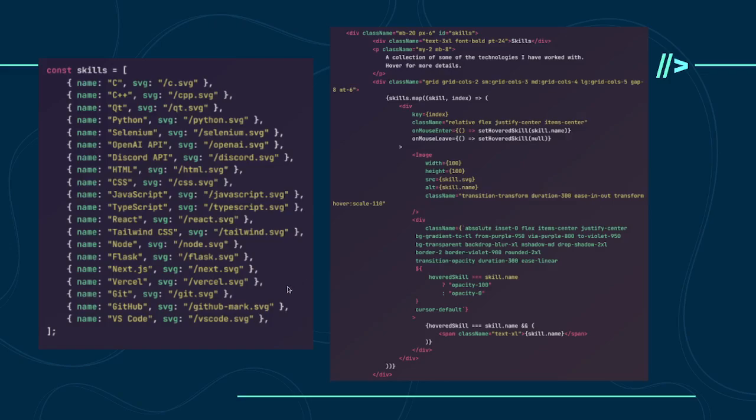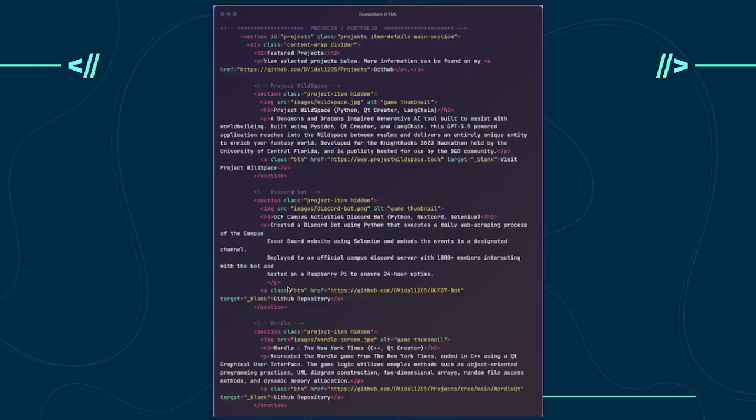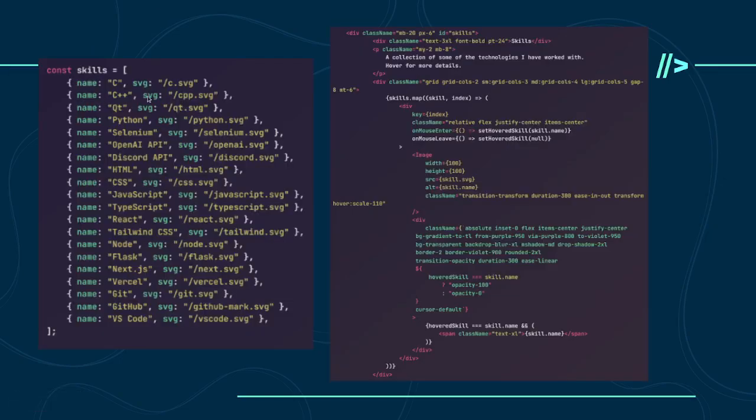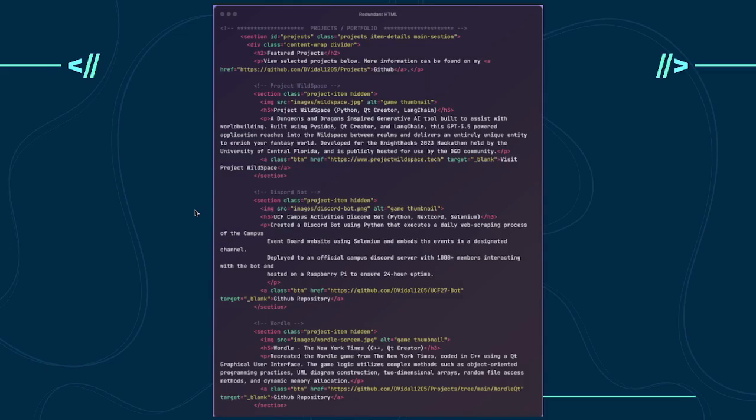Because who knows? And so again, if I were to do it in this approach, I would have to write all of that HTML for every single skill, and keep in mind, I wanted to show a lot of them, even though I used some of these for like 2 weeks. I'm like, yeah, I'm skilled enough to put on my portfolio now, but still, right? So you want to have all of those. You would have to write all of that HTML, right?